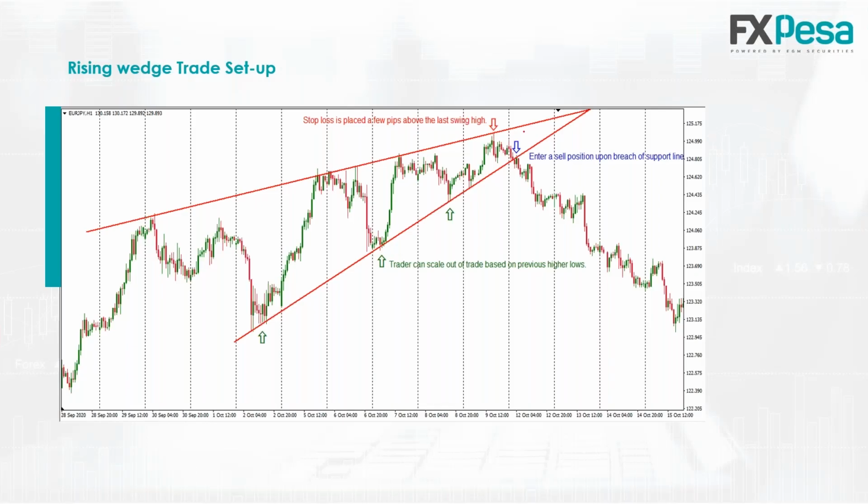Now, still another example for Euro Japanese yen. This is what I was talking about, scaling out. The previous support levels are very important. These levels, right? This one is too close. The first one is too close though at that point, but you can see there was some form of retesting there. The same case